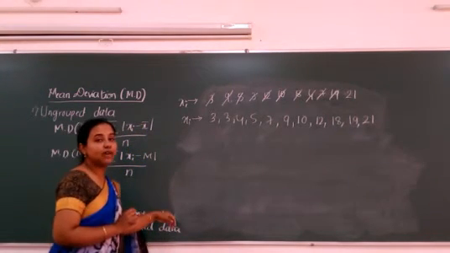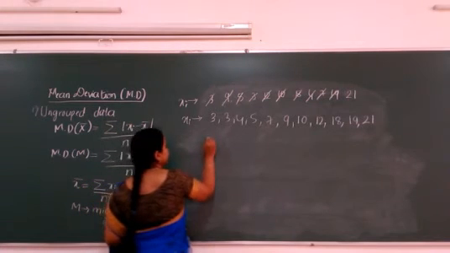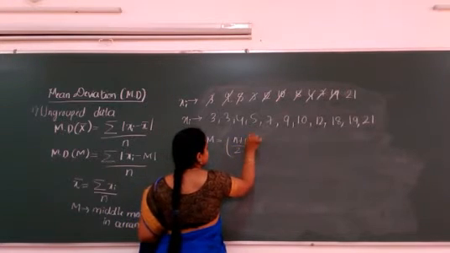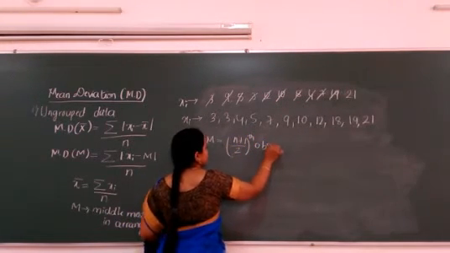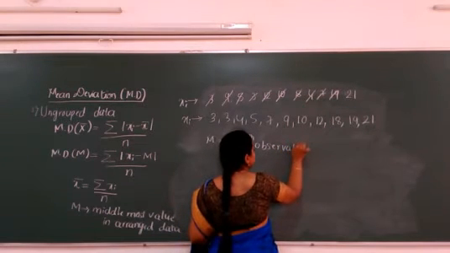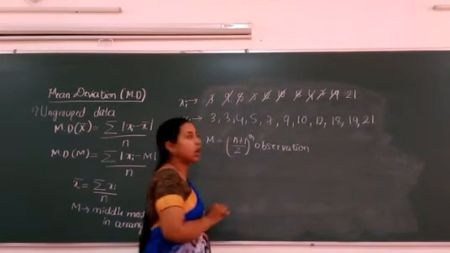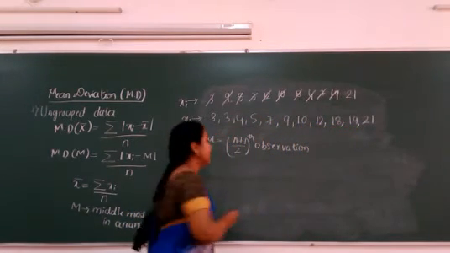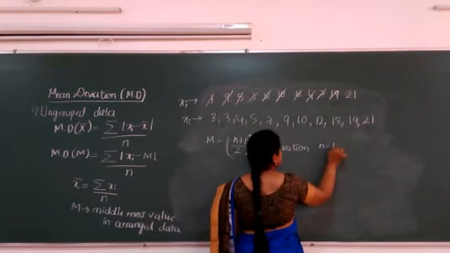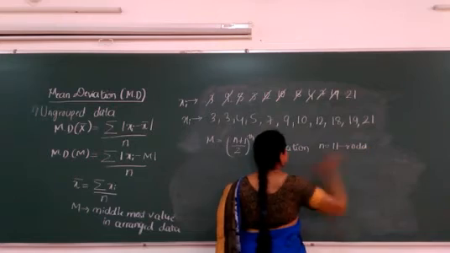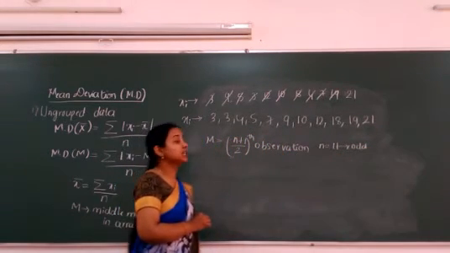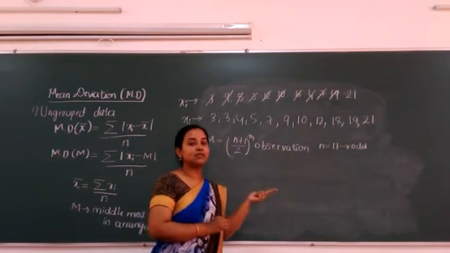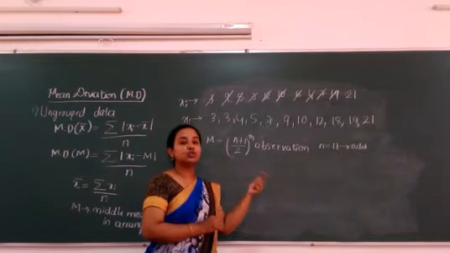Next, the middlemost value. To calculate the median, the median is given by the (n plus 1) by 2th observation in an arranged data. Okay, so now totally how many terms are there? How many numbers are there? You count 1, 2, 3, 4, 5, 6, 7, 8, 9, 10, 11. So totally, n is equal to 11 and 11 is odd. Now it was a case wherein n was odd, but if it is a case when n is even, you will not have a single observation. In that case you will have two middlemost observations. Taking the average of those two will give you the median.